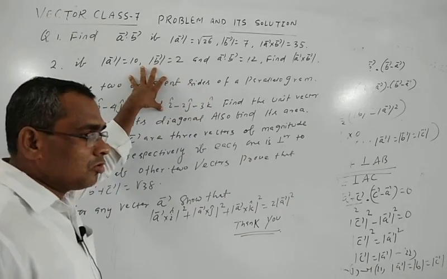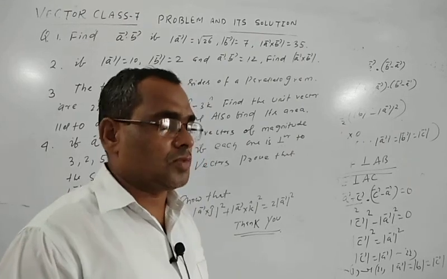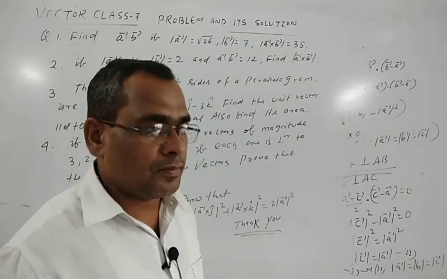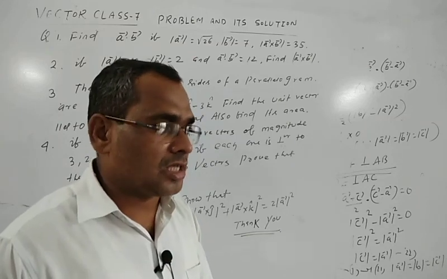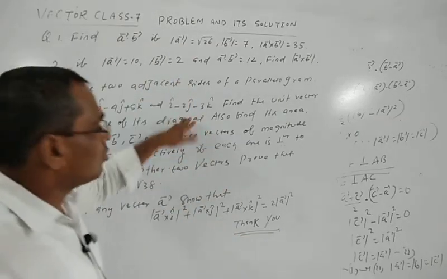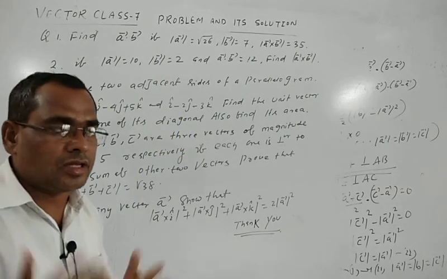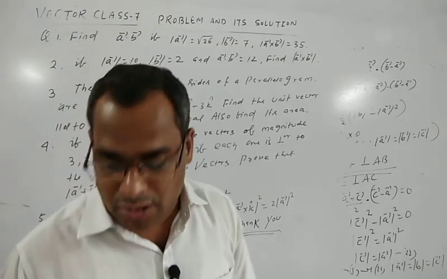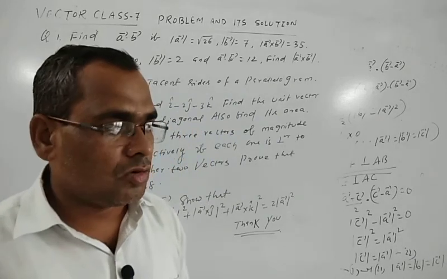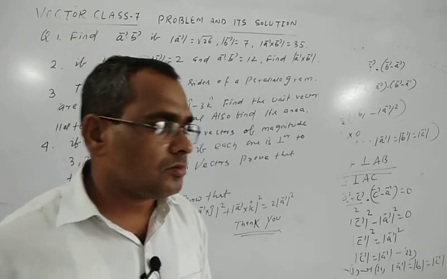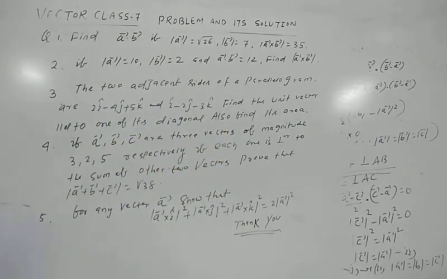So using all the concepts of dot product, cross product, and the fundamentals of vectors, you can do all the problems in the textbook exercise, and you also do these problems. Okay, so this vector chapter is very easy to calculate, and this one is a most important chapter. Okay, so in the next class we will read coordinate 3D, three-dimensional space. Thank you.